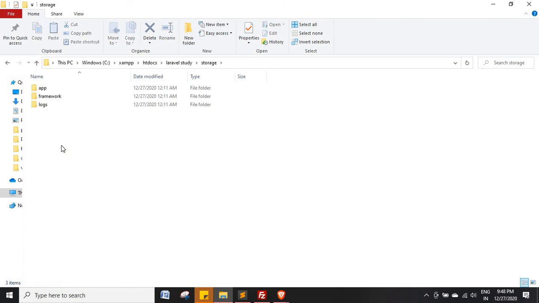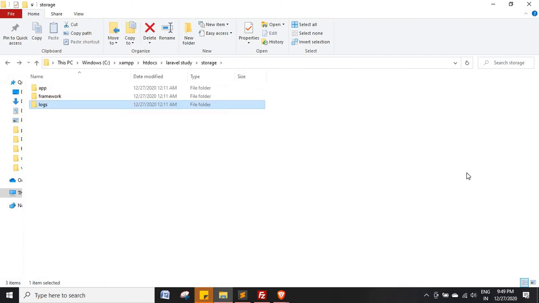Okay, now if I go inside the storage folder, it contains app, framework, and logs. So basically storage contains logs kind of thing. Once you start running your application, you might hit some kind of exception, and that exception will come. It will create one file as a log, and you can see inside that one. Other than that, manually through code you can create your log file, and that file will get saved inside that logs folder.